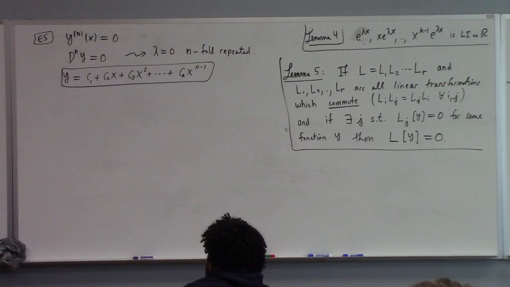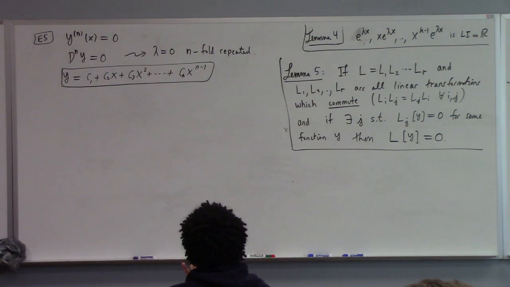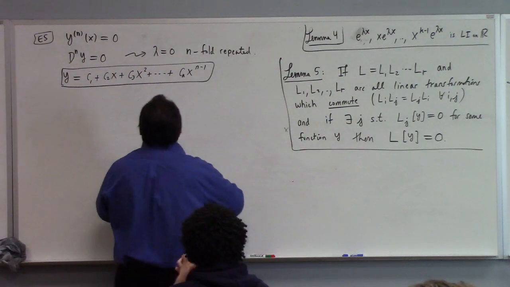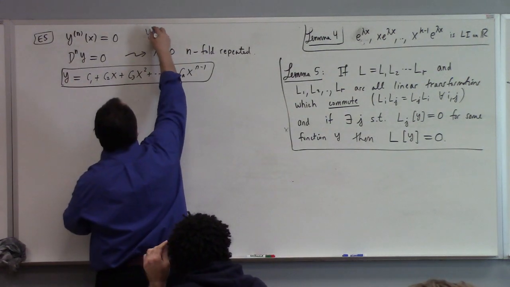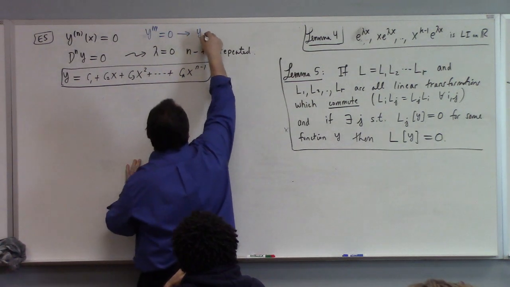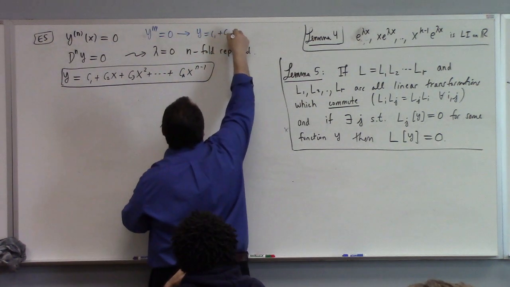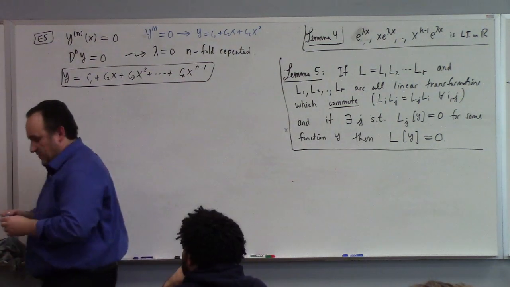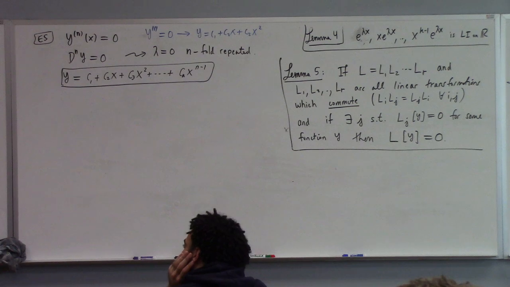Like for instance, if I was solving y triple prime equals 0, the solution is c1 plus c2x plus c3x squared, right? I don't know if that helps, but